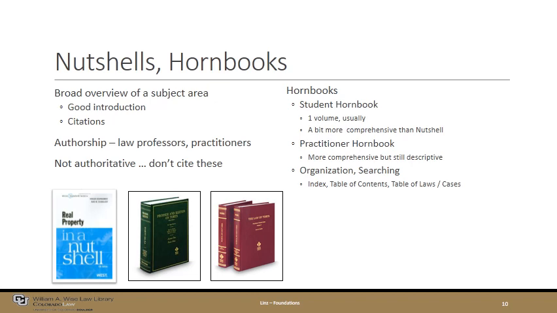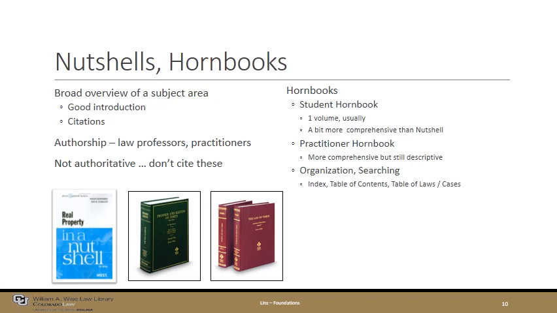A similar resource to a nutshell is a hornbook, and a hornbook tends to provide a more in-depth treatment of the subject than a nutshell will. It may be broader in its coverage of the topic. It may be deeper in its coverage of a topic than a nutshell. There are actually two kinds of hornbooks.